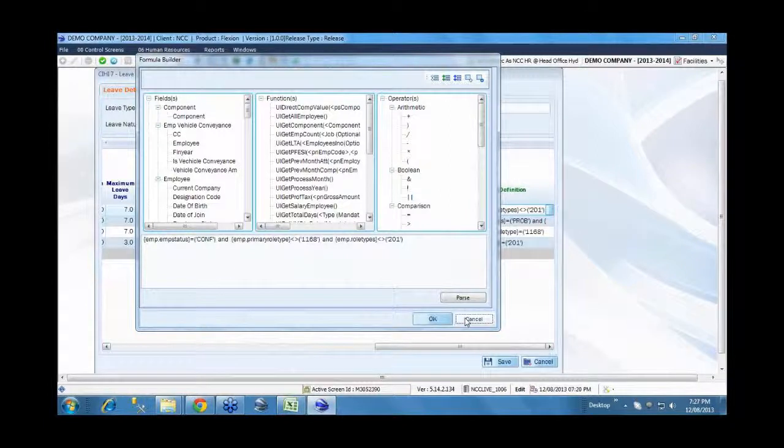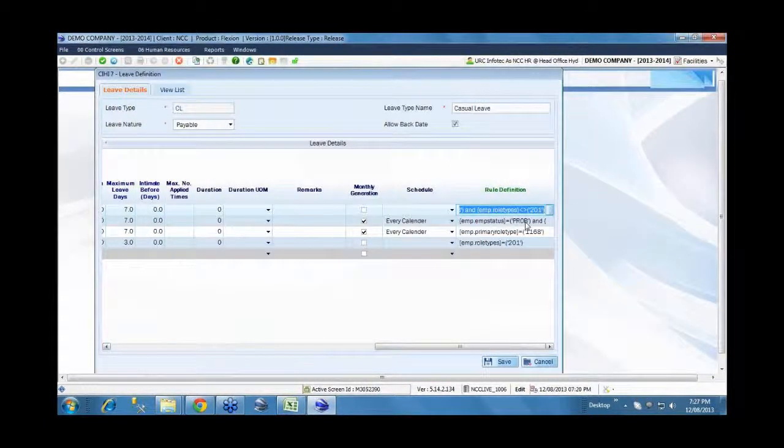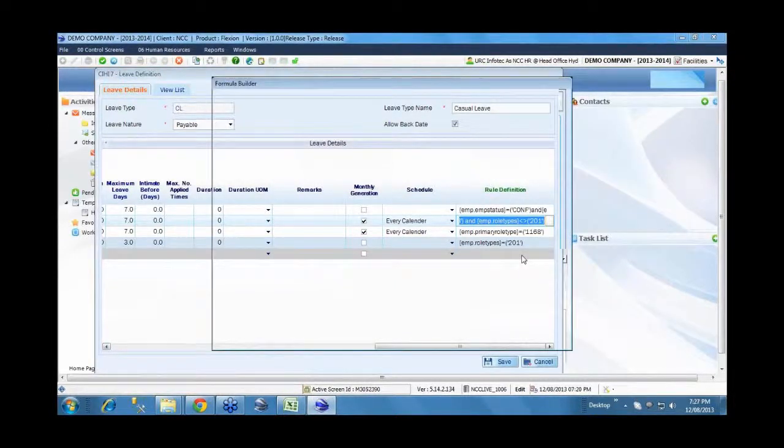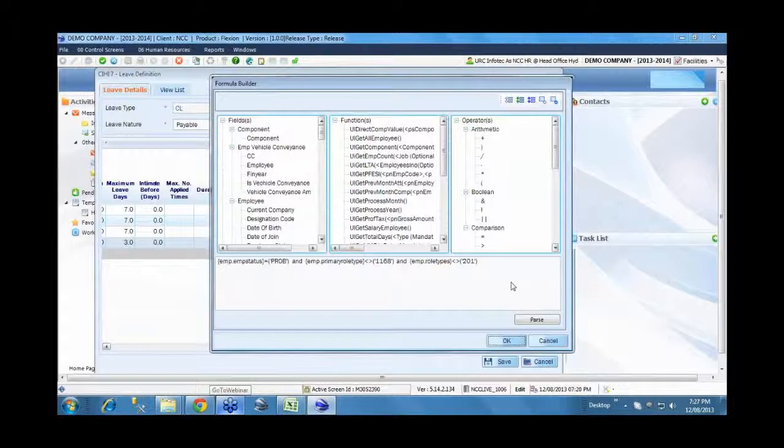Here it's displaying the code, but while selecting it will display the value. You will not remember the codes. Like this we can build complex conditions to say for whom a definition is applicable. So you can have multiple definitions, and say this definition is applicable for this condition and that definition for another condition, and so on. So this is the leave definition part.